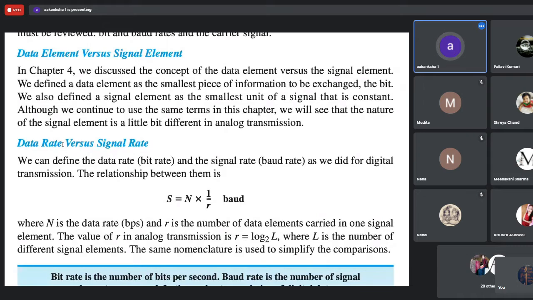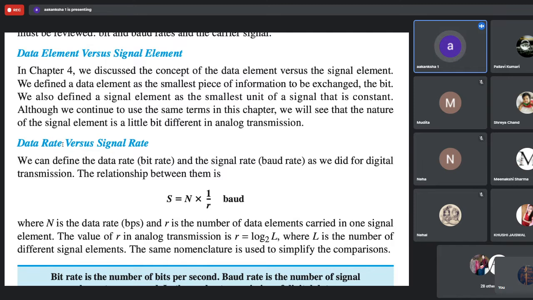The level, different number of signals and different signal levels and different signal elements. Is it clear between digital to digital and digital to analog conversion how my digital signal is represented and how my analog signal is represented? Is it clear to all of you? Yes, ma'am. So digital signal is discrete values of voltages. We have some specific voltage levels, then that is known as a digital signal. But when I have a continuous sine wave with some amplitude and some frequency and some phase, then that will be known as an analog signal element.